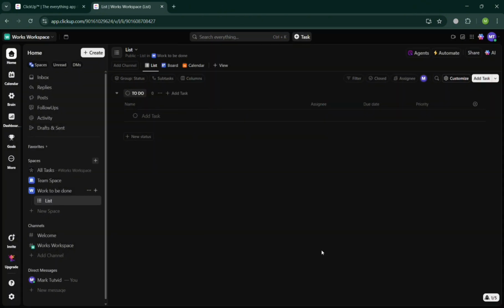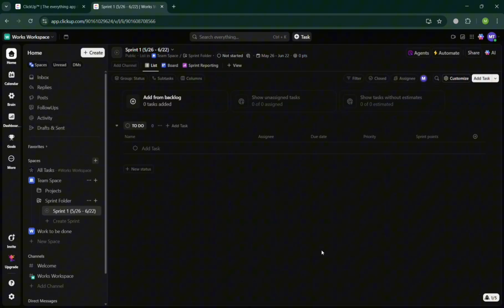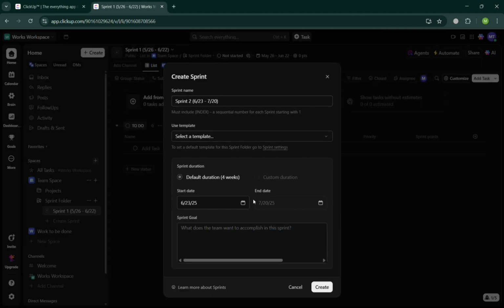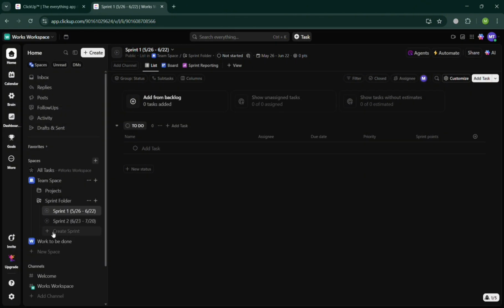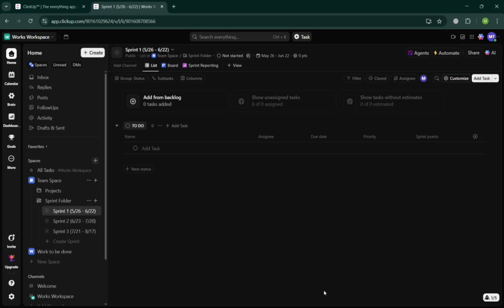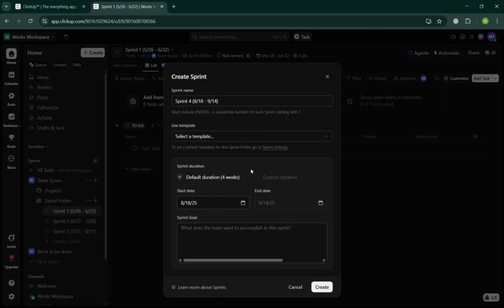But by clicking create, it will now show you in here that we have now successfully created the new sprint folder. You could also create the new one by clicking on the left side panel and just simply fill out again the required information, including the sprint goal, the name, and any other details in here. So at this point, I'm just going to create at least 4 sprint folders,